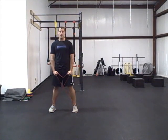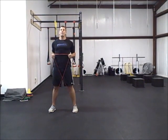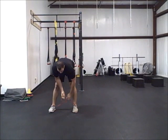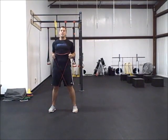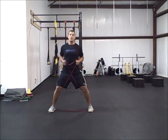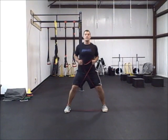So X the band. Initially we'll start off by locking our shoulders down and back. Pull the elbows to the side. The higher I pull the band, or the lower I grab, the more tension I have. From here, I'm going to maintain a nice tall posture. I'm going to step out and back. As I step back,